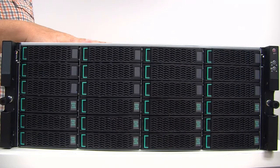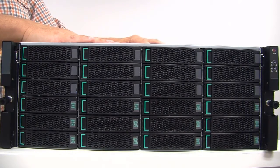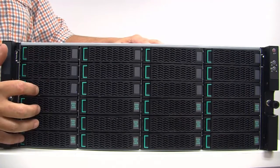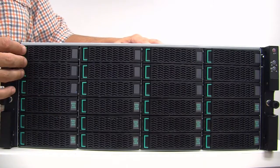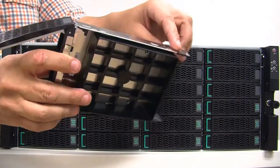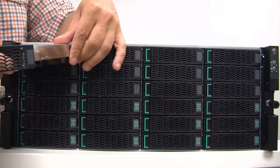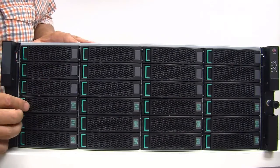So let's take a look here. One of the benefits of an Alletra system is it is an all NVMe-based solution. This system can hold 24 drives. Currently, I'm half populated, so up here these are all blanks. So we can take a look at that real quick if you feel like it. Nothing too shocking here. But down here are